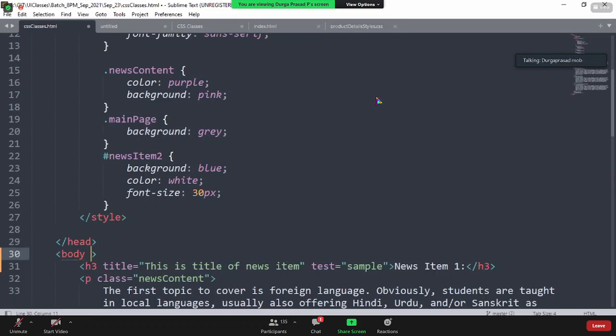Another thing, guys, sometimes it is recommended to go with tag based. When? If you know that the tag is used only once throughout the application, at that time you can go with tag based. Can you tell me which tag is repeated only once throughout the application? Table?